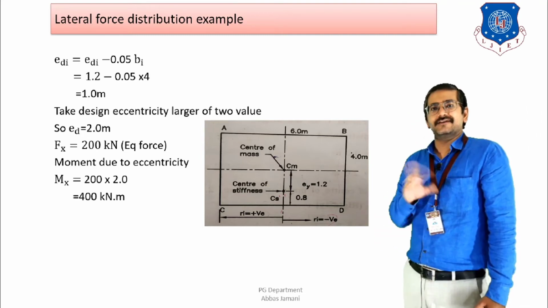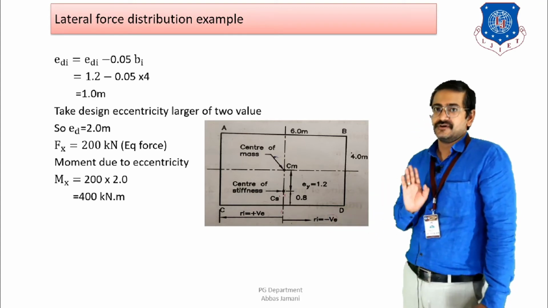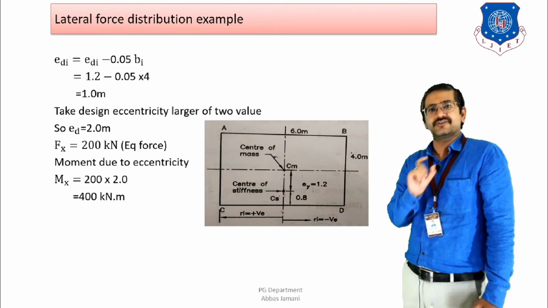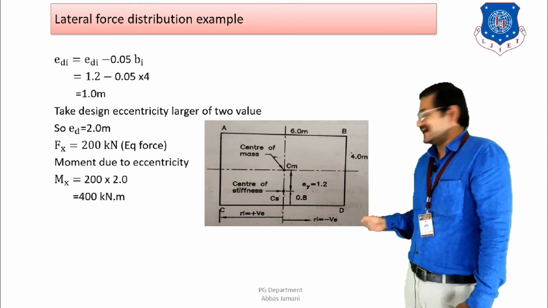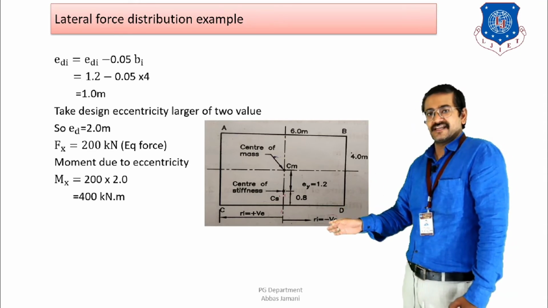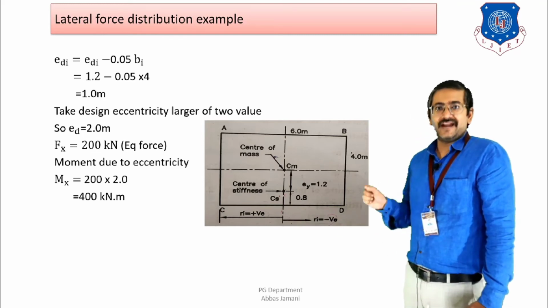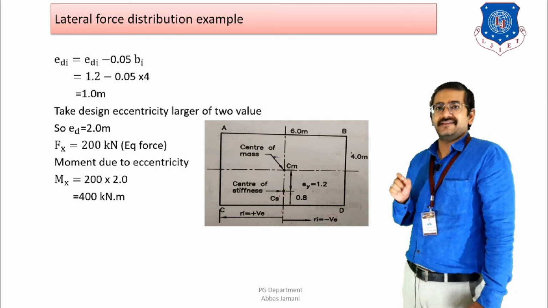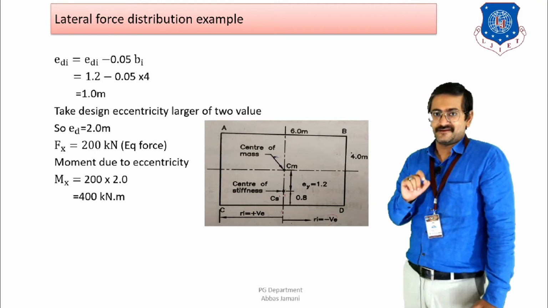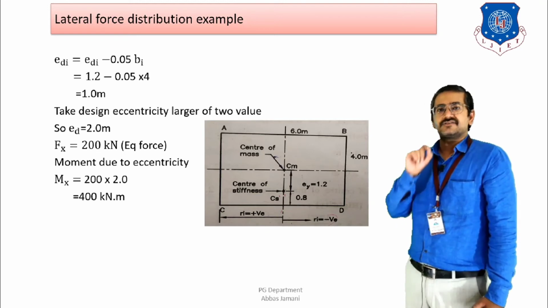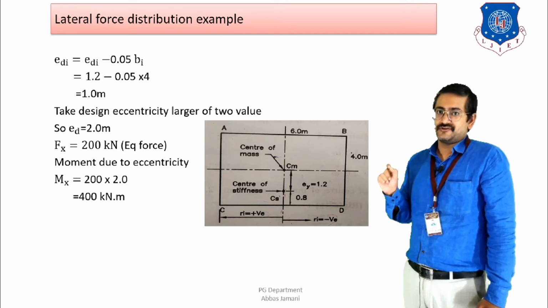This positive and negative can be interchanged, whether you are going to select this side as positive or this side as positive, depends on you. However, only the sign convention or the arrow is going to change in the figure, but this can be assumed. What I am assuming over here is that from the center to the left side I am considering positive value, and from the center to the right side I am considering the negative value, right? And what is the definition of Ri? That is, the distance from the column to the center of stiffness is known as Ri, right? That is, Rix is equal to distance of column to the center of stiffness.